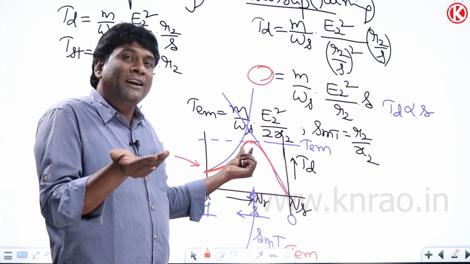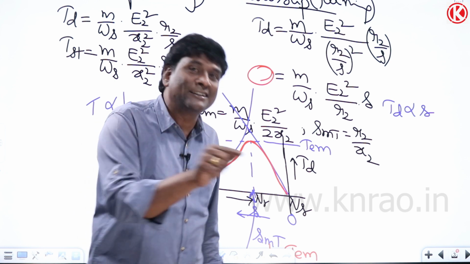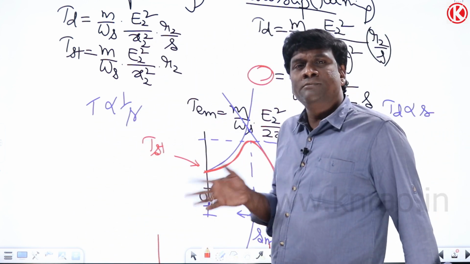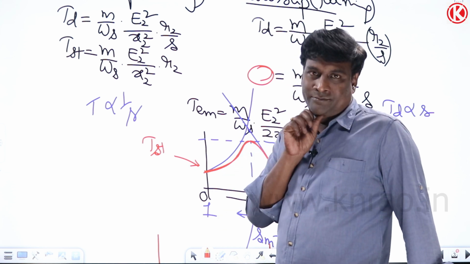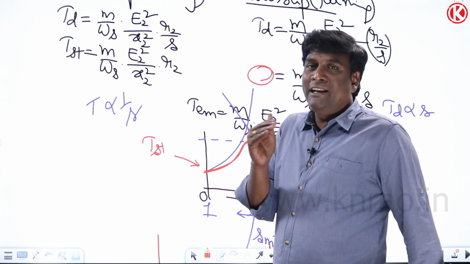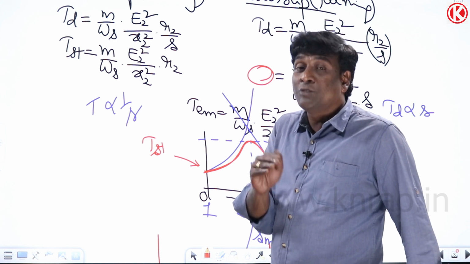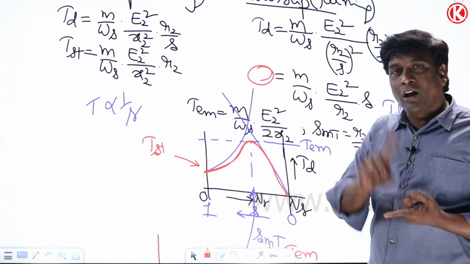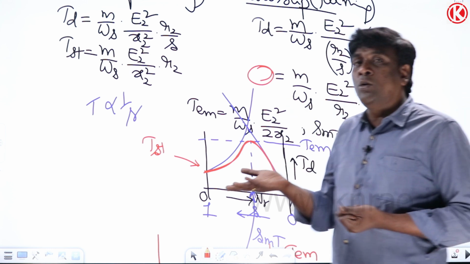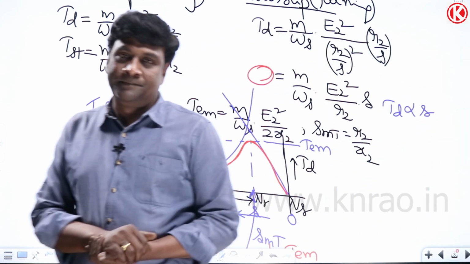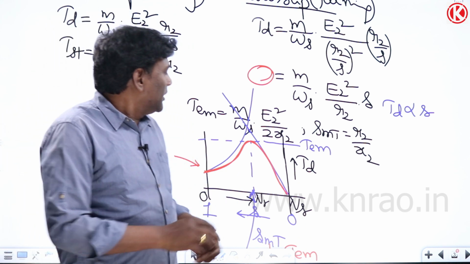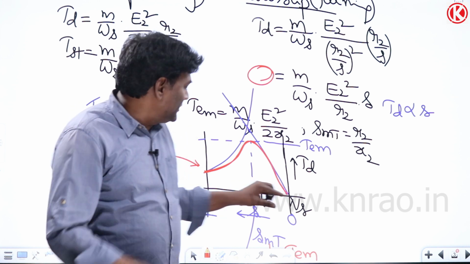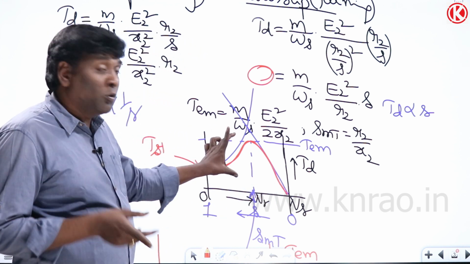Beyond 500, if the load requirement is 600 Newton meters, it cannot deliver, and my rotor will stop. So as long as the running torque requirement of the load is less than the pull-out torque, the motor will rotate. If the torque requirement of the load is more than the pull-out torque, my rotor is going to stop. That's it. Getting my point, right? So running torque requirement will be decided by the load. Just keep this point in mind. Starting torque will vary, pull-out torque may vary.